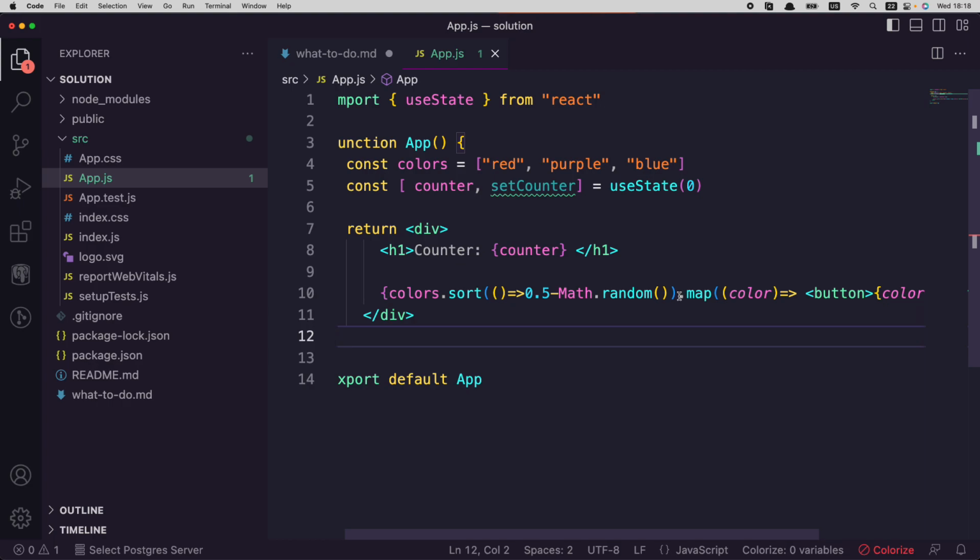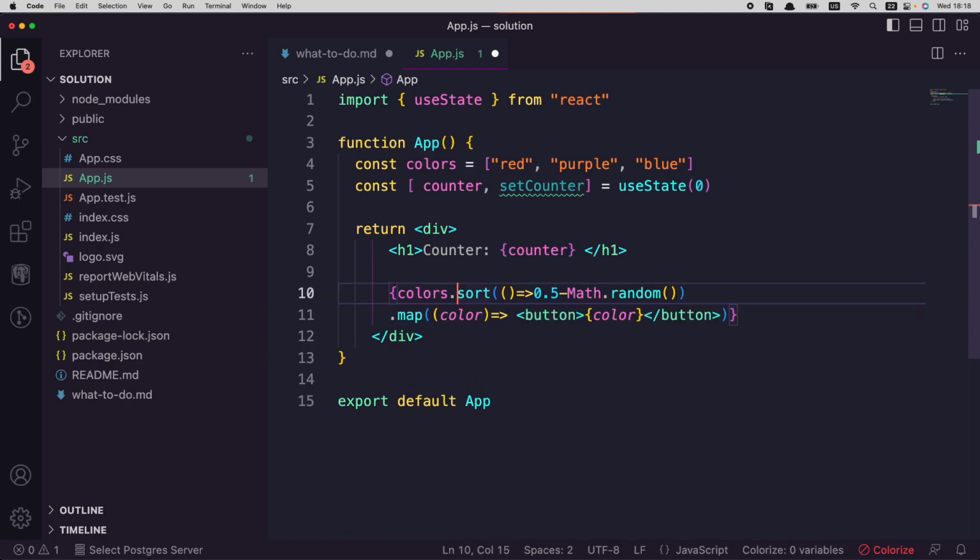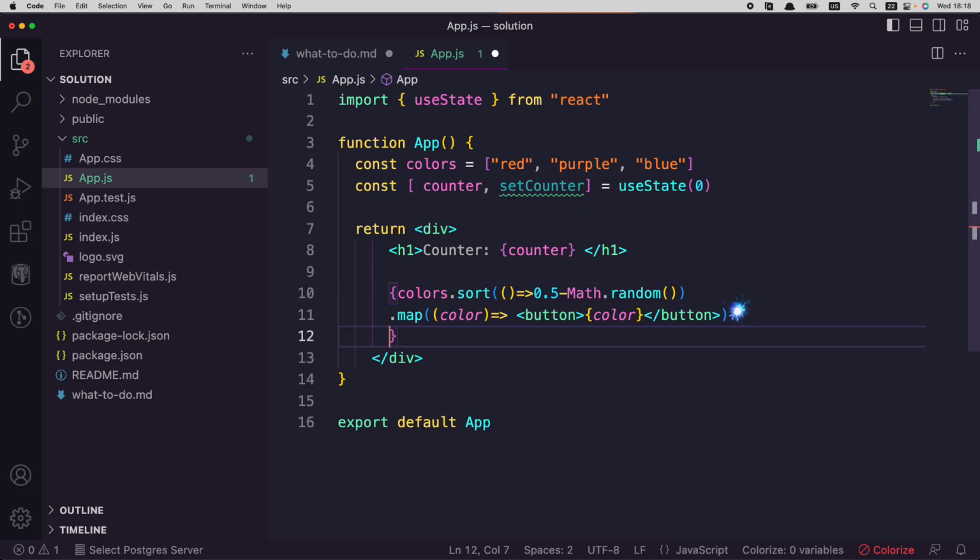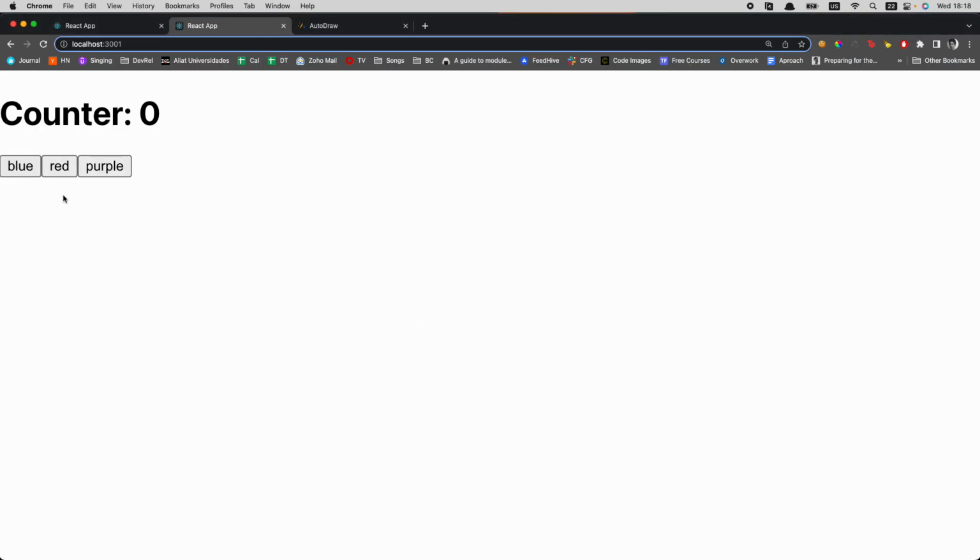So it's a way of shuffling your elements, and it's simple to do. There are also other ways to do it, but this is the simplest I could find. So this will be the secret sauce. If we come back and refresh, we'll see every time we have a different order of